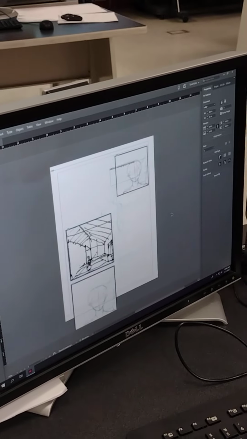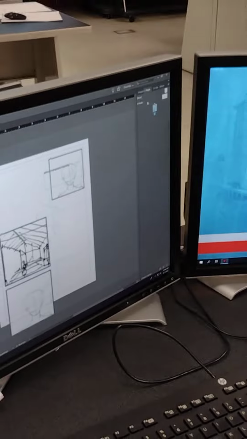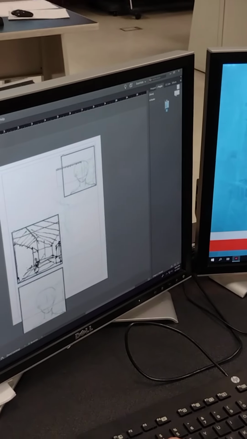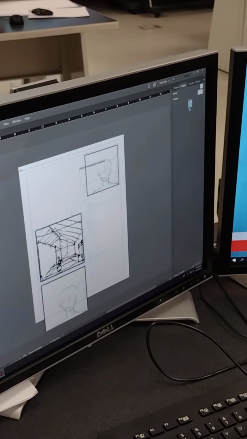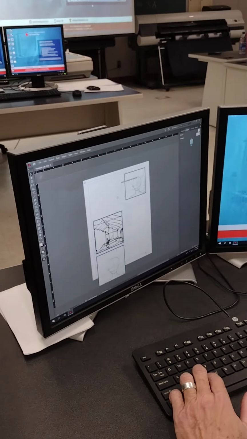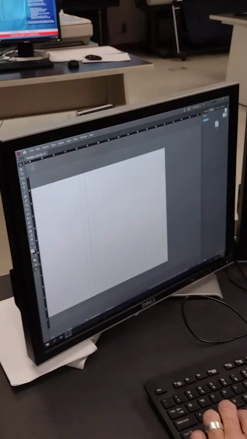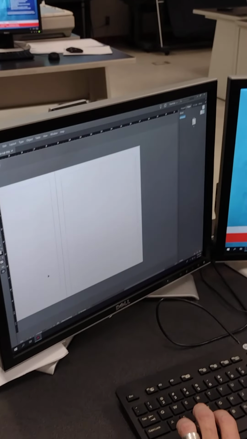How do you add more pages? Oh, so pages. Right here it says pages. And look, you notice there it's got the master. So I'll show you this real quick, just because this is really good. If I've got an image I really like, a logo, an icon, I can go up to the master. And if I place that on this,